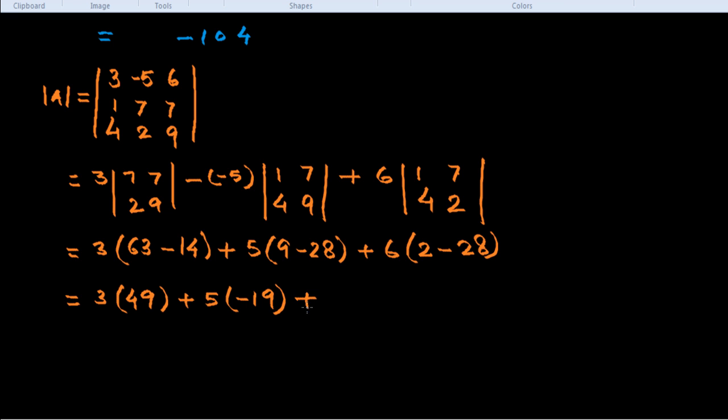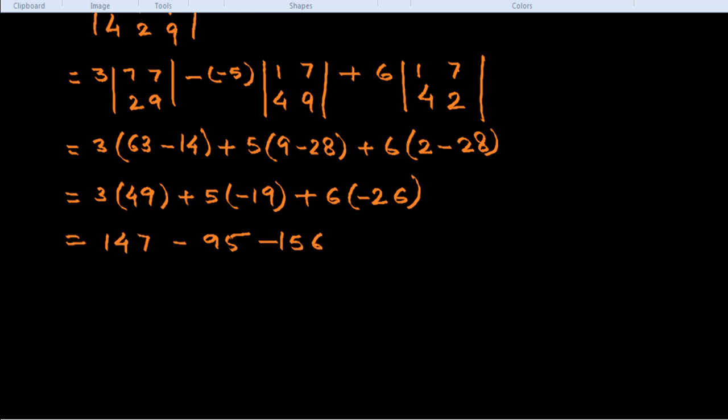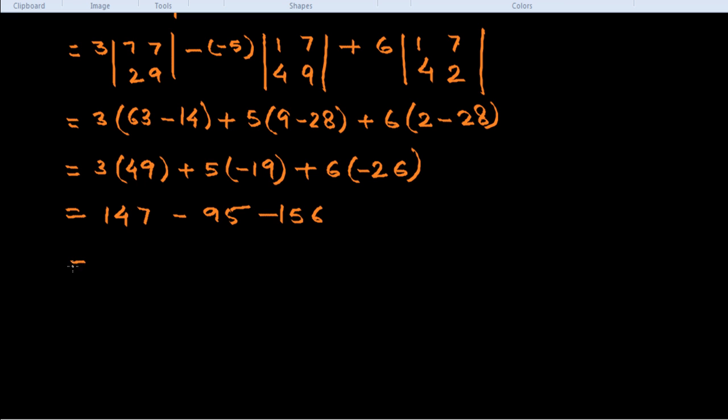Here we get 6 into minus 26. Now we get 3 into 49: 9, 3 27, 2 carry, 4 12, 147. It is now minus 95. It is now minus 6: 6 6 36, 3 carry, 6 2 12, 156. Now we get here